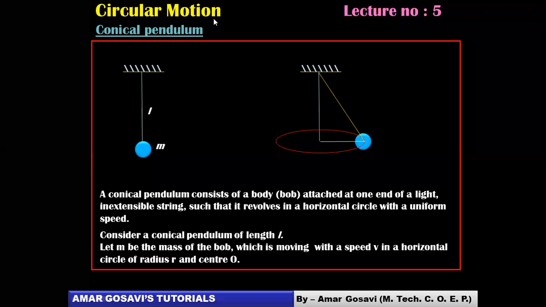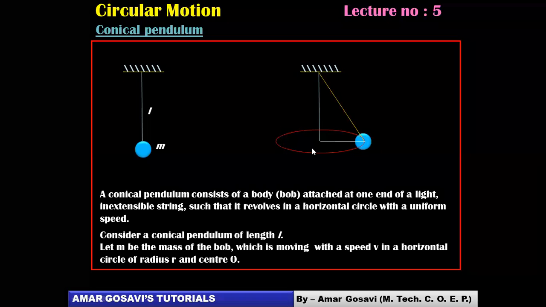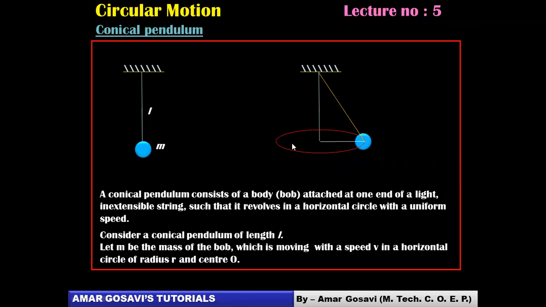Yeah, friends. So we were discussing conical pendulum. Now, in conical pendulum, you can see there is a bob attached to an inextensible string, which is suspended from the point of suspension, and this bob performs circular motion in a horizontal plane, obviously. Now this entire circle will subtend a cone at the point of suspension, and therefore such kind of pendulum we will call a conical pendulum, friends.